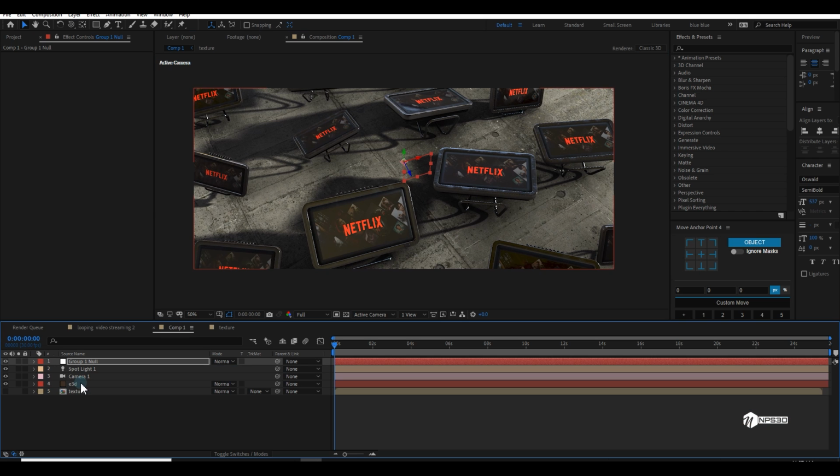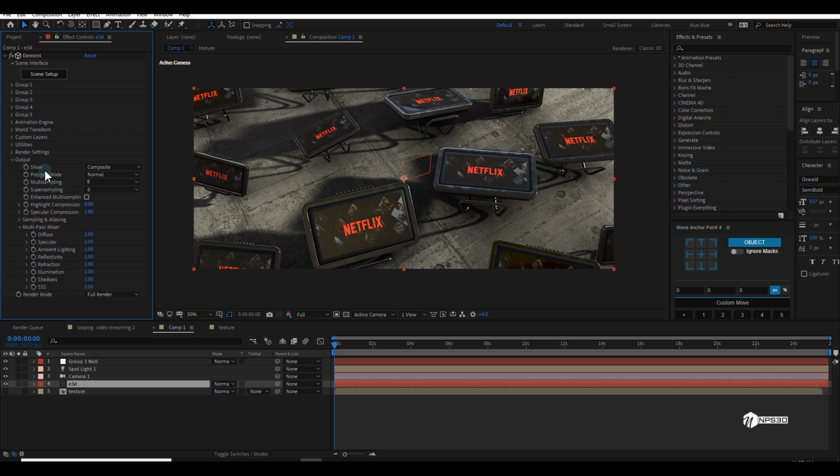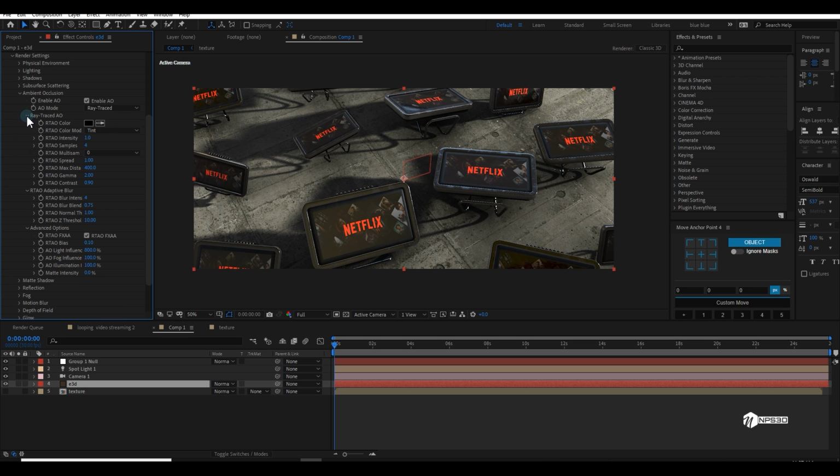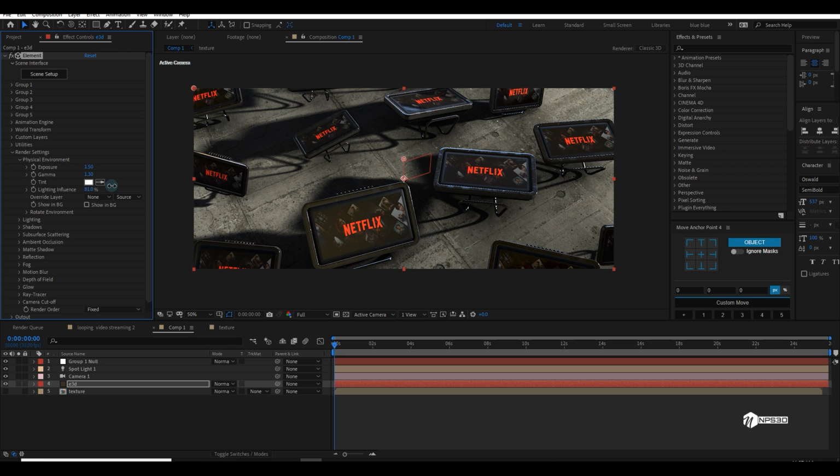Then what I will do, I will go to the Element 3D render settings and do some more settings, like playing with the environment. So let me go to the physical environment and make the gamma 1.3, exposure 1.5, and then lighting influence we can make higher or lower depending on the scene.